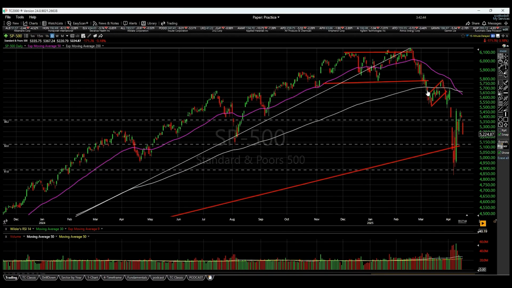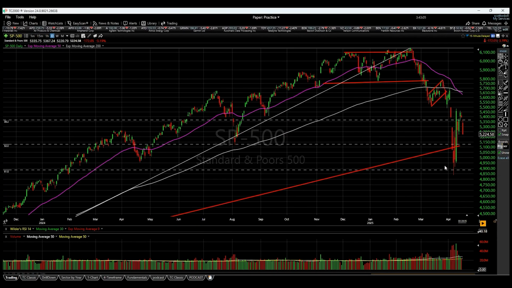One thing I do want to point out too is a bear move, or this sell-off, this correction. I still believe it's a correction at this point. This correction has lower tops and lower bottoms, lower tops and lower bottoms. The weight of the evidence suggests that we're going to go lower and test these lows.